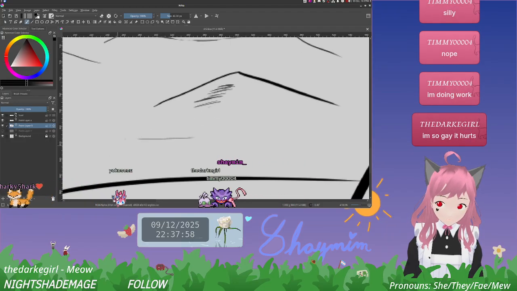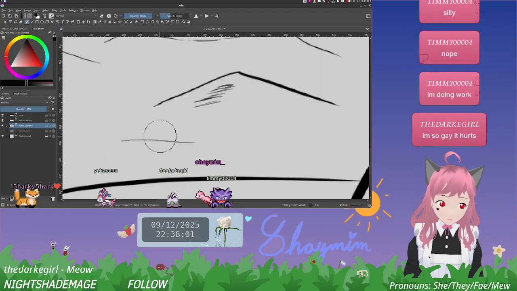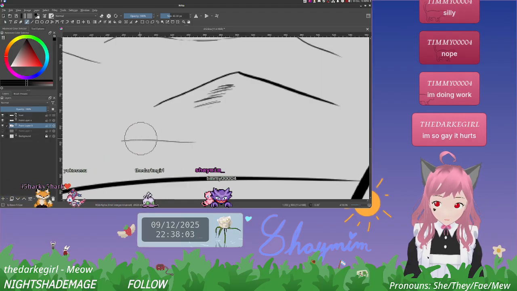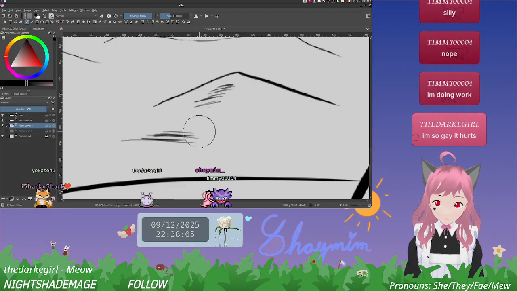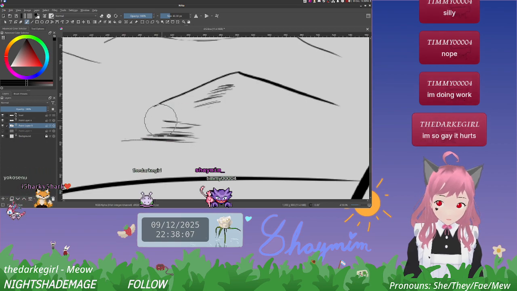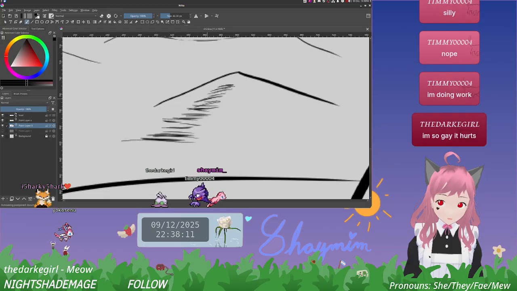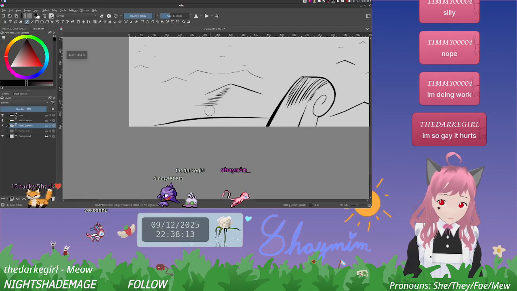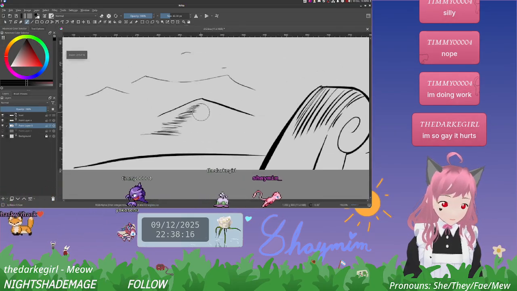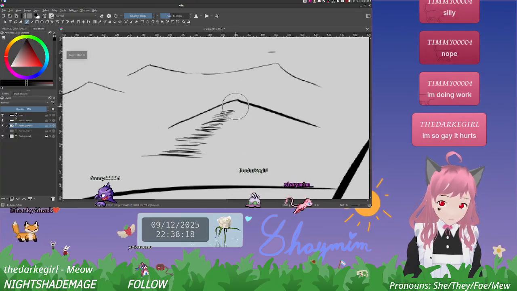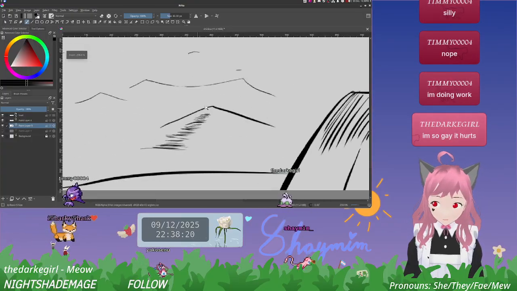Because then we have I wonder how he decides exactly how to do the water, because shading on water is something I always struggle with. And actually that is way too angular.